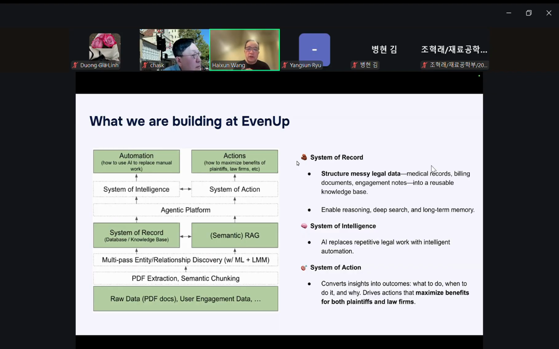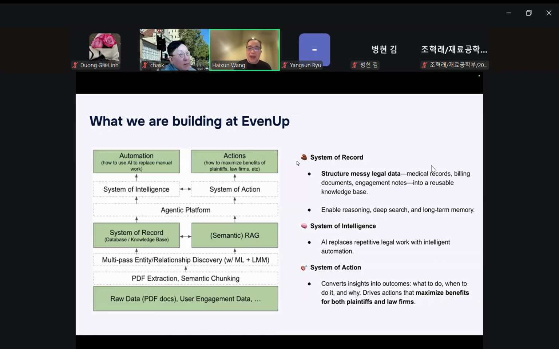So at the bottom layer, this PDF extraction, and then we do a lot of information extraction. We're not satisfied by just putting these segments, images, or text into the RAG, but instead we want to extract structured data out of these documents, and we create this database or the knowledge base or the system of record.